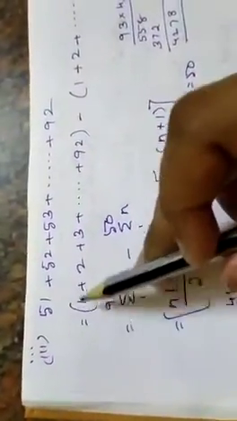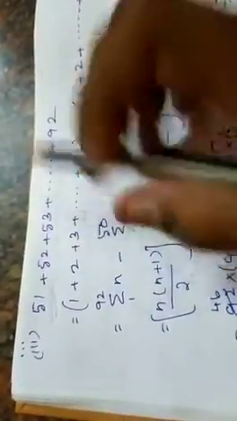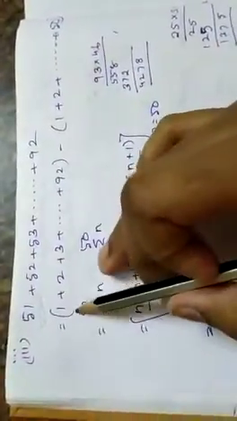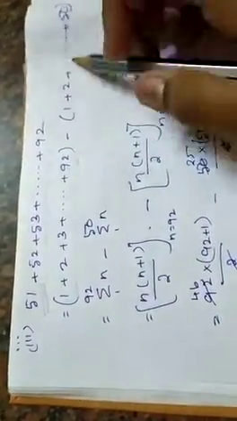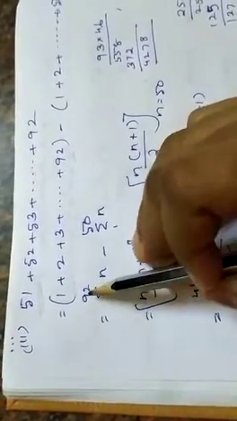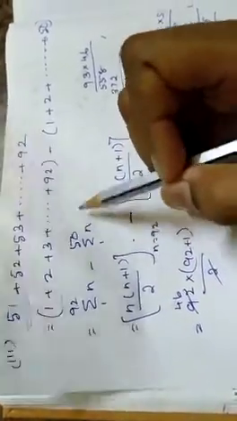So our third part is 51 plus 52 plus 53 till 92. You can see that from 51 it is continuing the natural numbers. So before 51 only we don't know. Now we'll just do what we did in the previous sums. Okay, so we'll find 1 to 92, then we'll subtract 1 to 50, which is the before number of 51. Then we'll get sigma 92 by 1 n minus sigma 50 by 1 n.